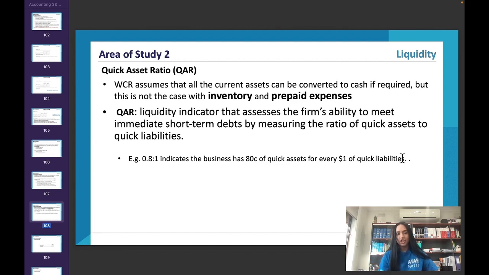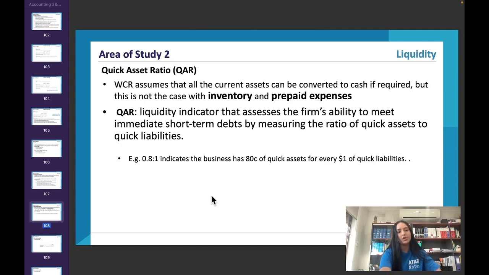And basically, the difference is if an asset can be converted into cash, then it's considered a quick asset. So, inventory and prepaid expenses are assets that cannot be quickly converted into cash. Obviously, we can sell inventory, but it's a difficult process. It's a bit more complicated than, say, bank, which can be very quickly converted into cash. You can just make a withdrawal from the bank. So even though inventory can be sold, it's not considered a quick asset.